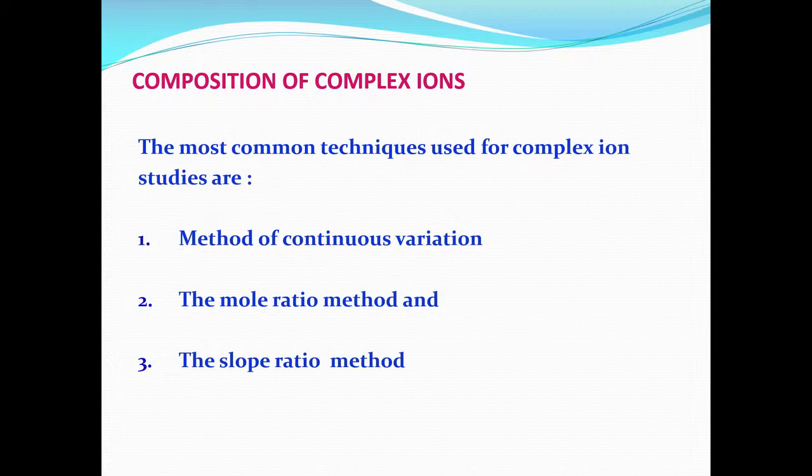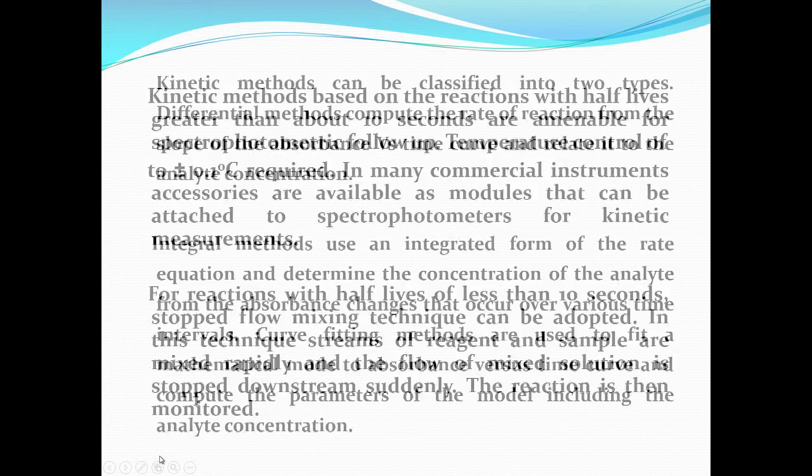We continue our discussion on the composition of the complex ions. Yesterday I had explained to you a little bit. Essentially I was telling you that there is the method of continuous variation, the mole ratio method and the slope ratio method. In the method of continuous variation, I had explained to you that we get a curve something similar to what we had seen earlier,